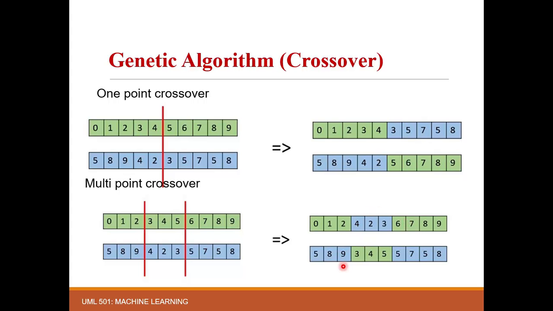Now if this is 3-point crossover, then you have to change the parts alternately. That means if you have a third line, then you can choose either to change the extreme part or not, or you can change that extreme part while keeping the middle one. Again the next part is changed and the next one remains. It depends on how many crossover points you have for the crossover operation.